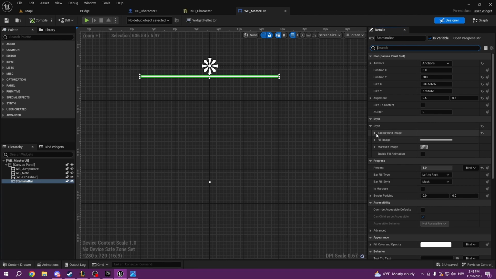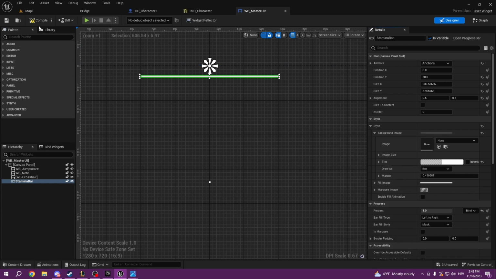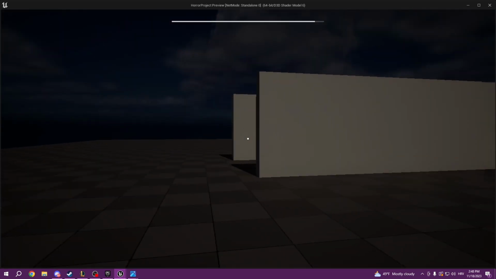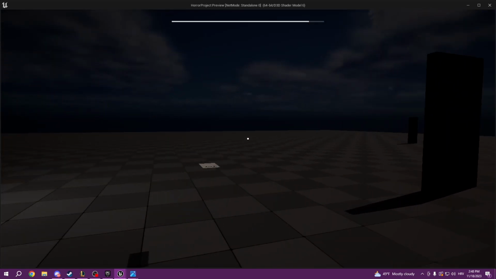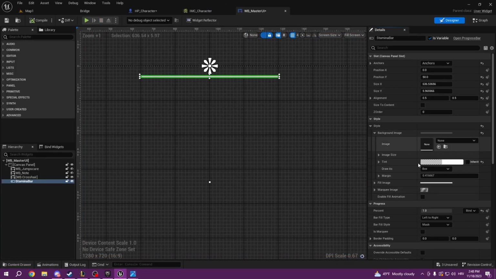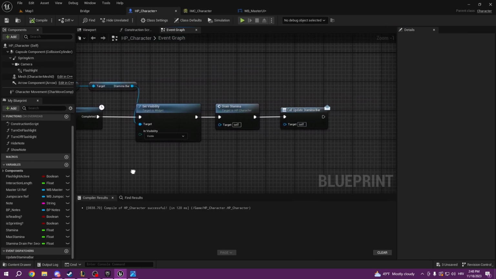fill image, or background image rather, should be 0.3, so we can see when we lose stamina. Let's see. Okay, so it works kinda, but it's not really smooth. So we're gonna fix that one. So we can